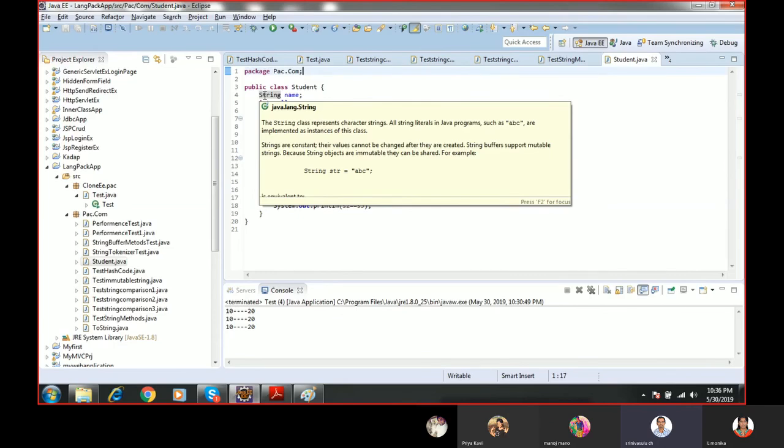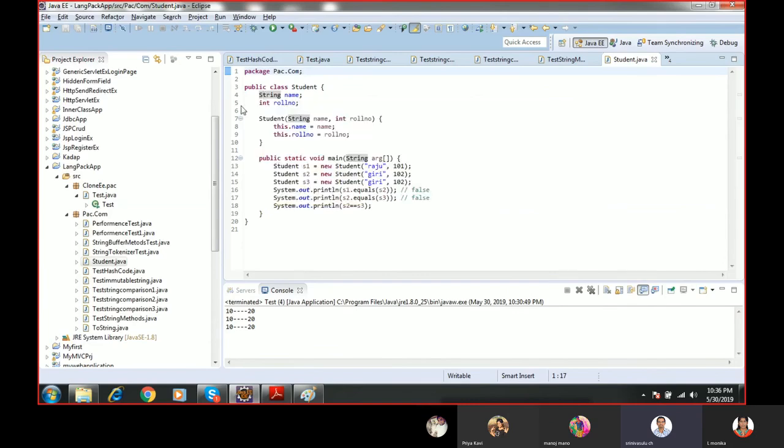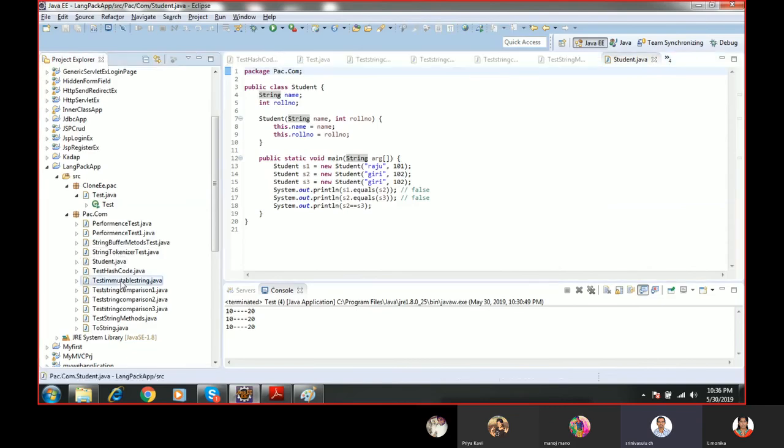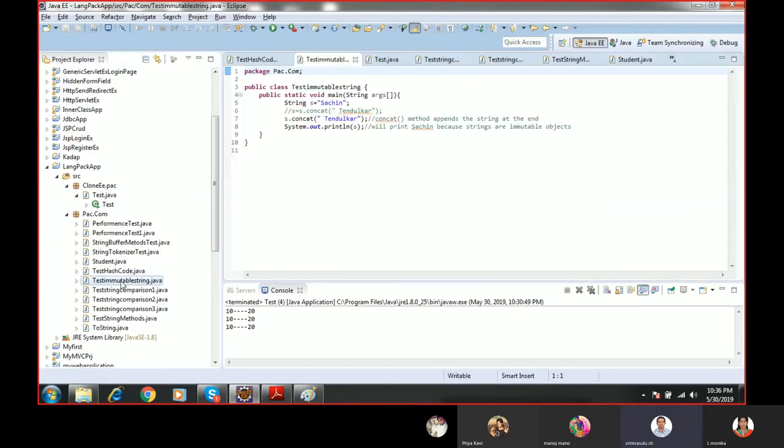Once we create an object, we cannot change the object of a string. That is string immutability. So let us see what string immutable means. Now see here, I have created